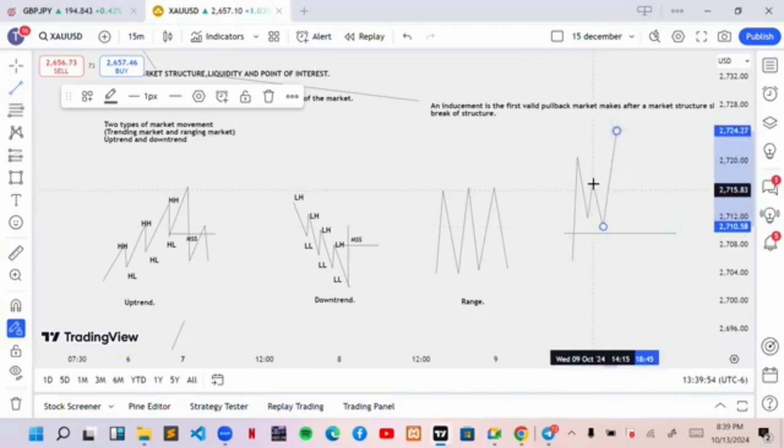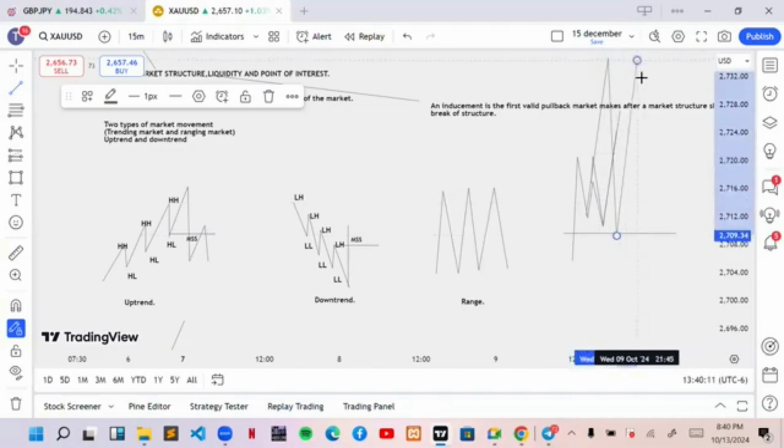It can either take it close to this level or take it equal to that same level before coming to trigger the main point of interest and then start buying. Or the pullback can actually take the market above that level before coming to trigger the main point of interest and buying. But whatever happens, you have to make sure that it pushes market close to at least 50% of that last move, even if